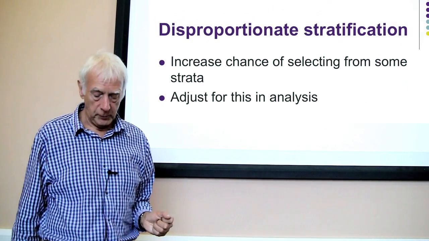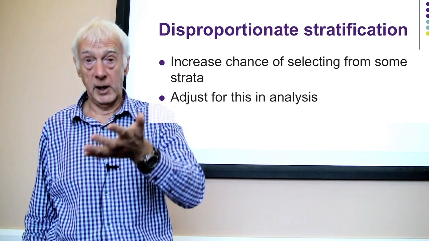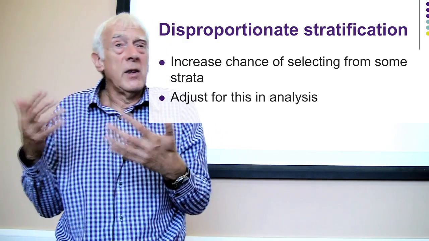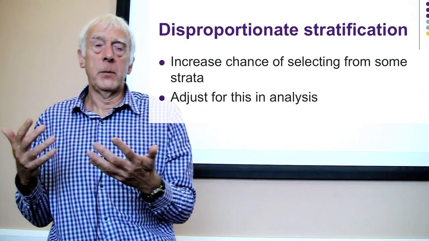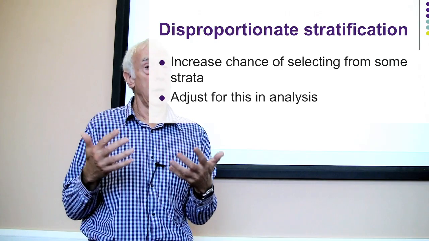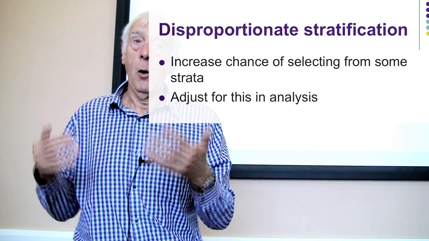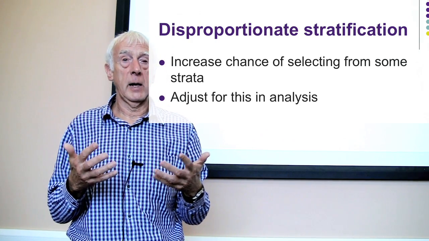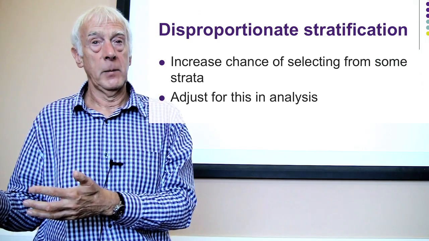And you can do that disproportionately if you want to. So going back to the example we just discussed, if you have 57% female, 43% male, you might decide that actually we want those proportions in the sample to reflect those proportions and have 57% female, 43% male. Or we might decide actually we're going to have them disproportionately there. We're going to have equal numbers of male and female, but bear that in mind and adjust the figures later. So you can do it either way.